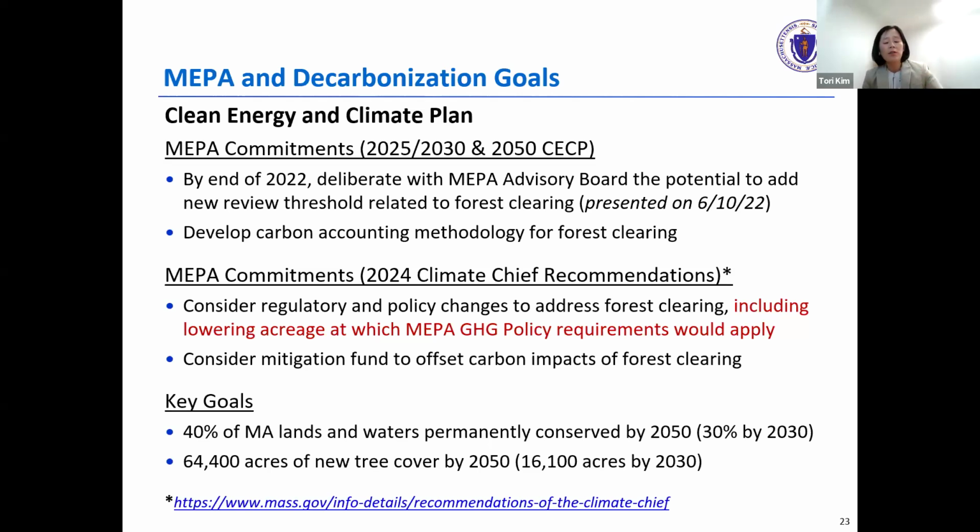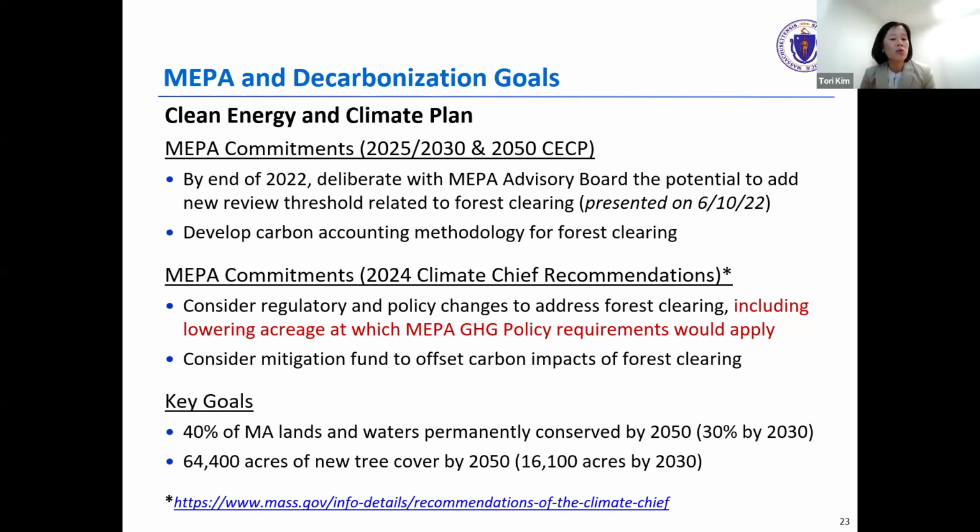So as is shown at the bottom of the slide here, there are certain goals and targets within the plan, including, for example, preserving 40% of Massachusetts lands and waters by the year 2050. So in this regard, the MEPA program has been identified and referenced in these various planning documents.